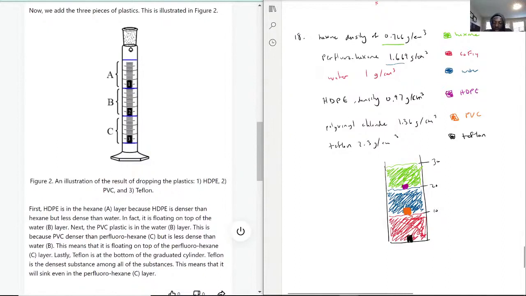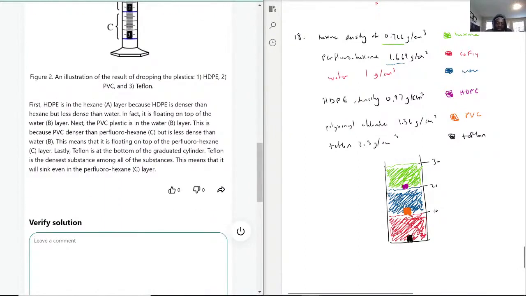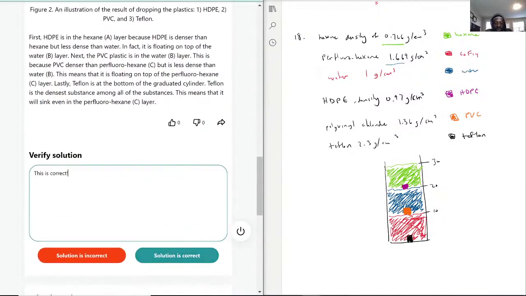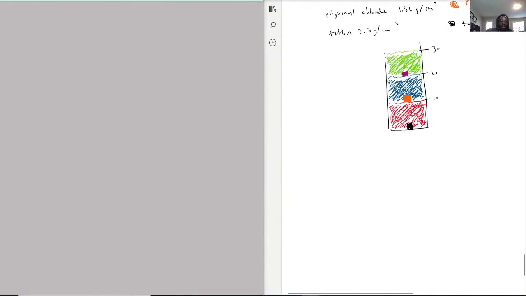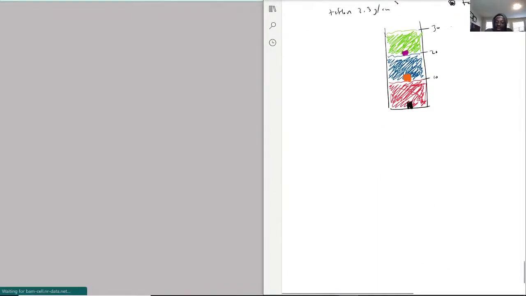We have hexane, water, perfluoro-hexane, HDPE, polyvinyl chloride, and then the Teflon. This is correct. That was quite enjoyable. I like drawing that picture, and it really shows exactly how densities work, and also emphasizes how chemistry and physics are not